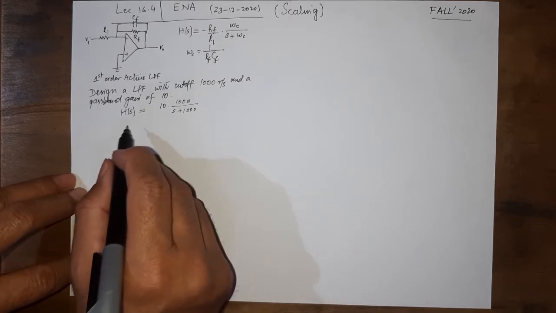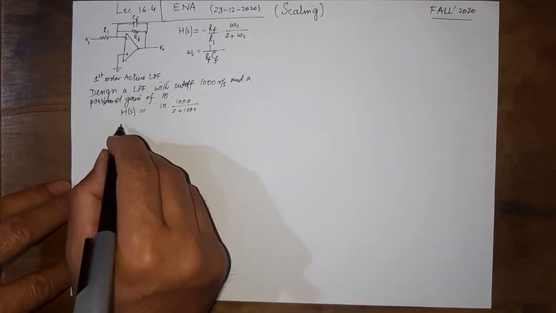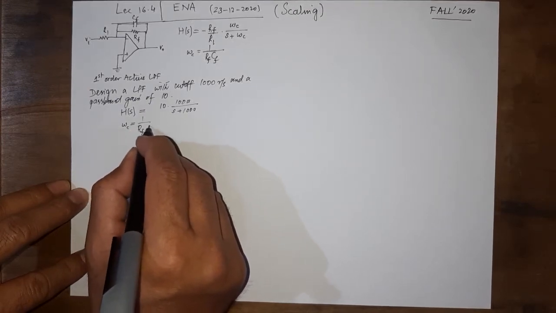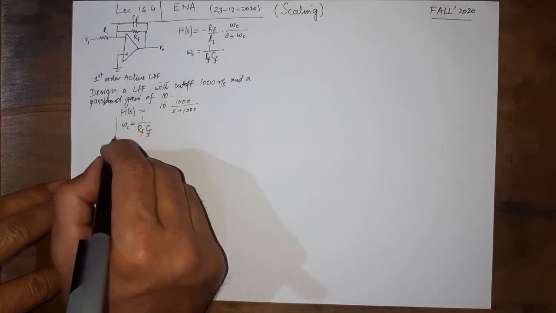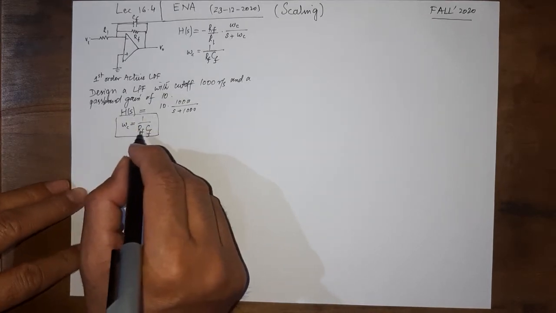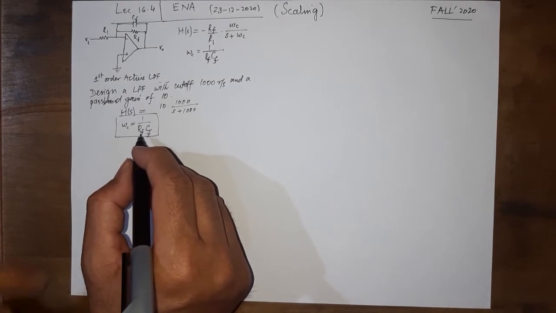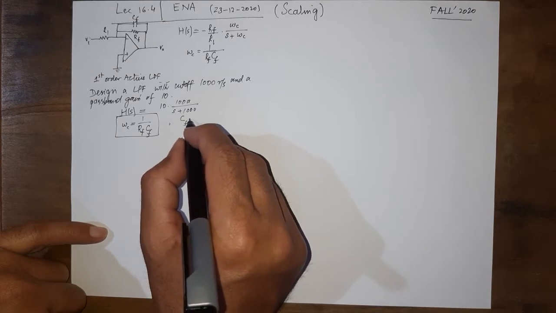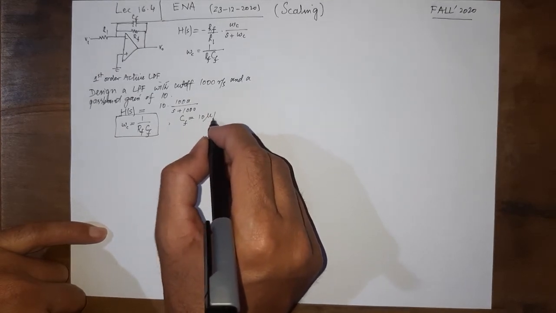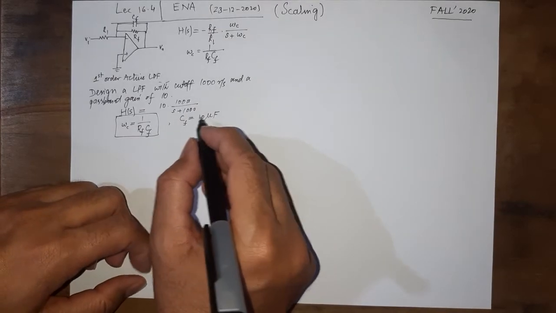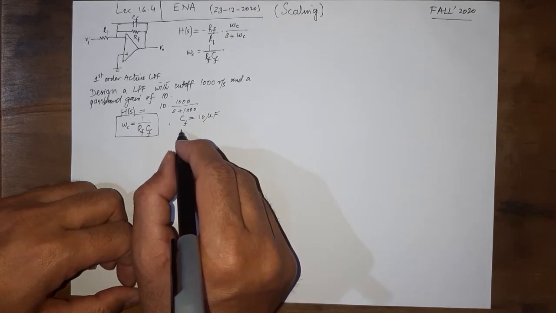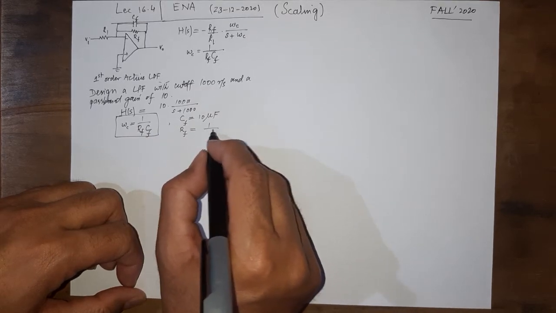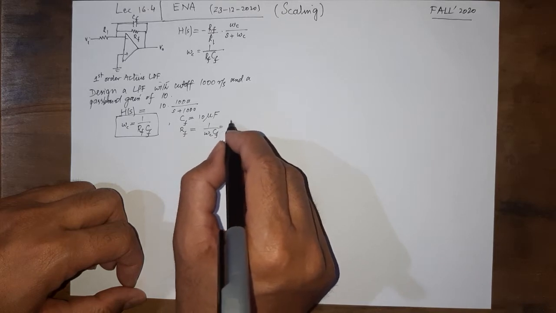So if somebody says okay, design it, and you come up with a design, we have this equation omega C is equal to 1 over RF CF. Now because we have only one equation and two component values to find, it is not possible unless I assume one of them. So let us assume that CF is equal to 10 microfarad, which is a practical value, easily obtainable. And then RF would be equal to 1 over omega C CF,